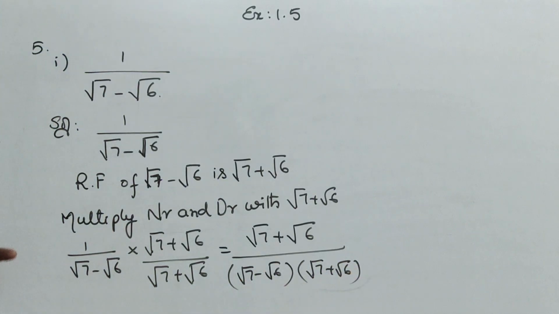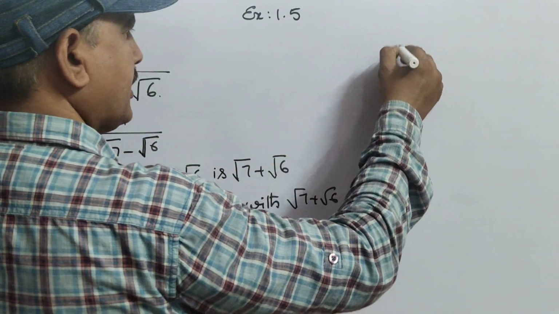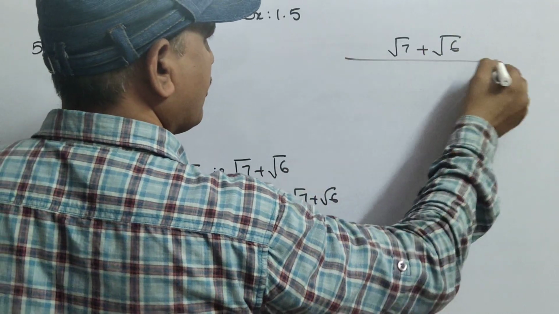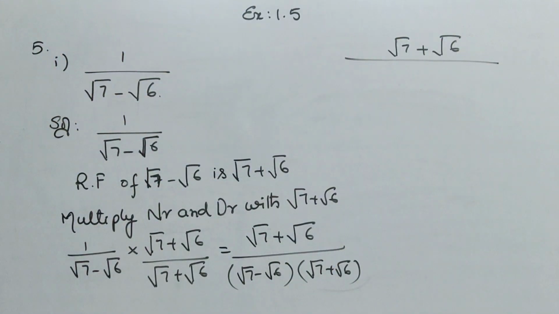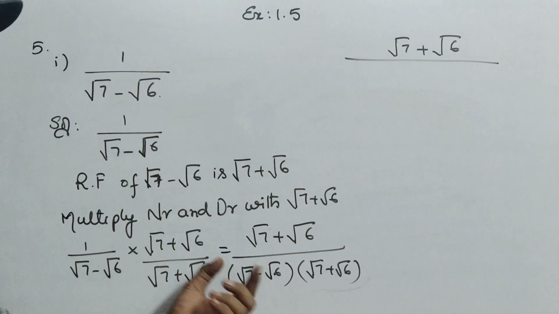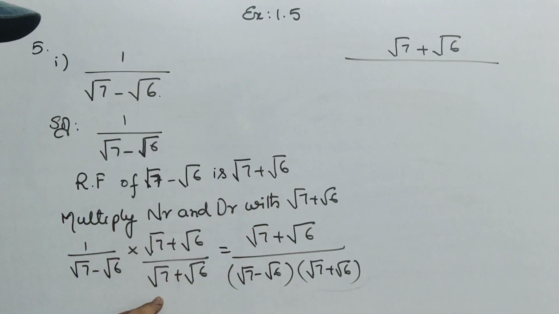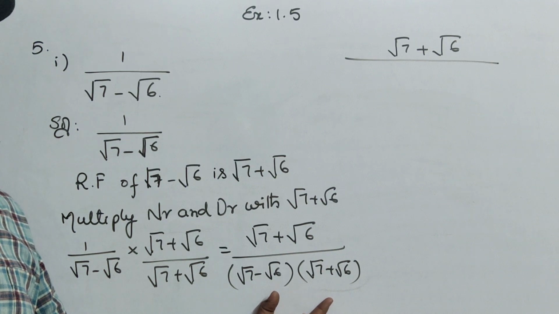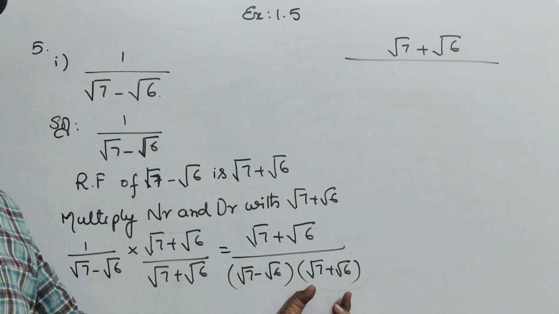Okay. Now, in the numerator, root 7 plus 6 is there, no? Write that one here. Root 7 plus 6. If it is simplified, you can, but this is not simplified, because root 7 and root 6 are irrational. Remember one thing: when you are doing the rationalizing factor and multiplying like this, the denominator always looks like only one formula. That is a minus b into a plus b.